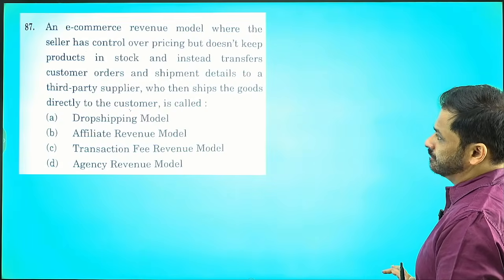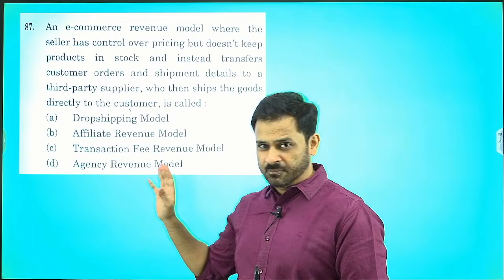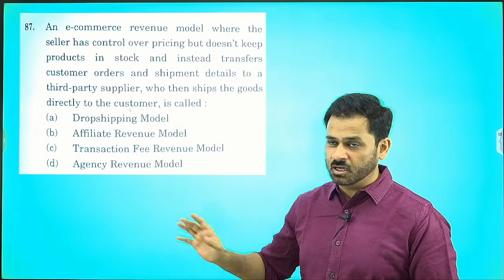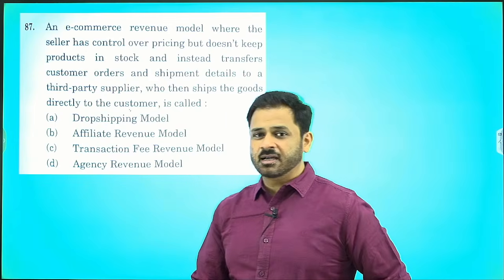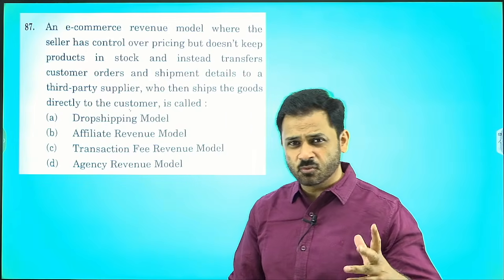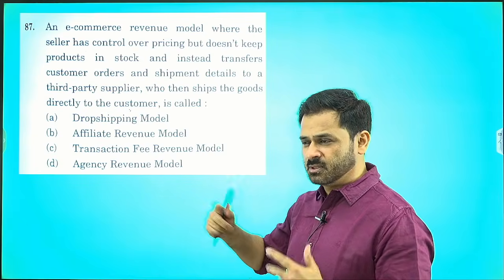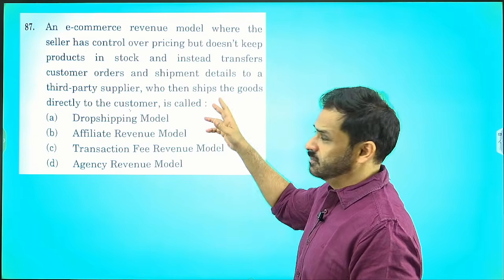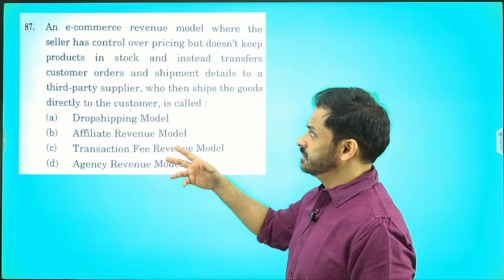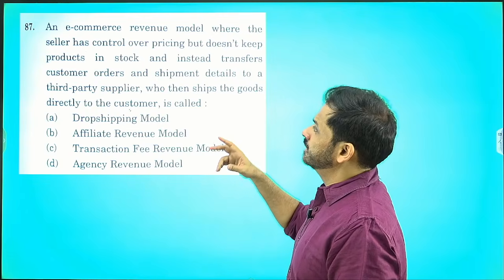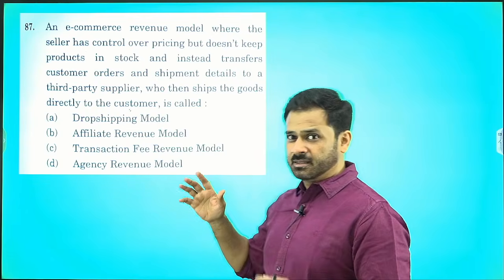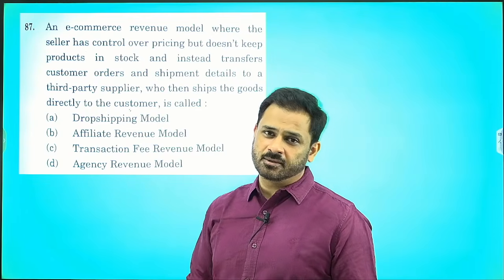We have the first question. I'm going to discuss the areas of economy first. There's another question related to blockchain, which I'm not covering. This will be covered in science and technology because it is more related to the technological aspect and not economics. So here is question number 87, and the booklet series which we are following here is A.